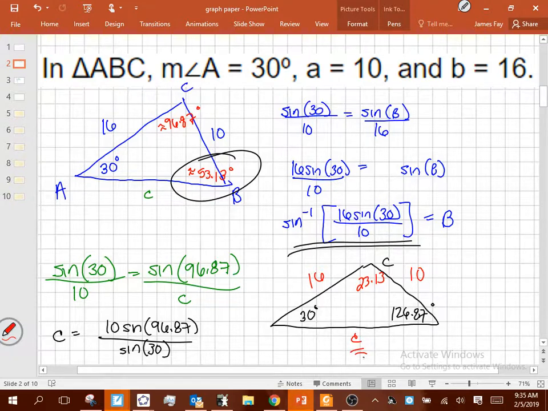We still need to find C, right? Now I'm not going to go through this part with you, but actually we will. Let's find that C. But let's be smart about it, because we've already done 95% of the work to find C. Did this formula here find C for me? Am I still going to have a sine of 30 paired with 10? Okay. Am I still going to have a side C that I've got to use, right? Okay, so the sine of 30